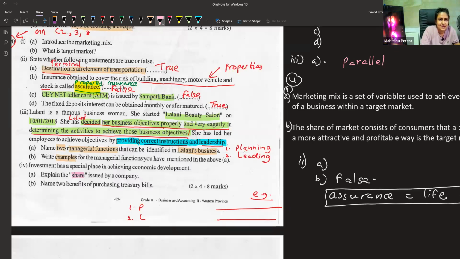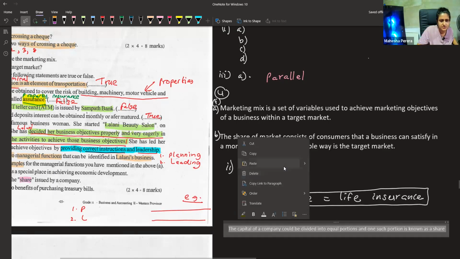If the capital of a business is divided into equal parts, one such portion, one such part, is called a share. Share has a definition. So this is the definition of a share. If you have a share, you can have